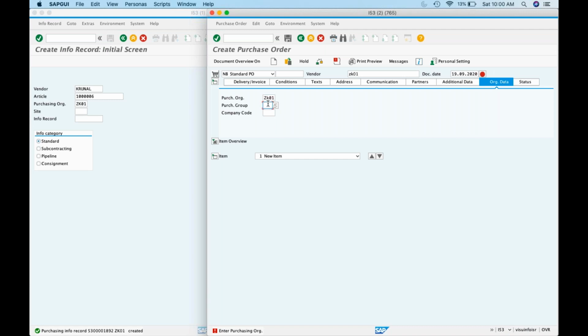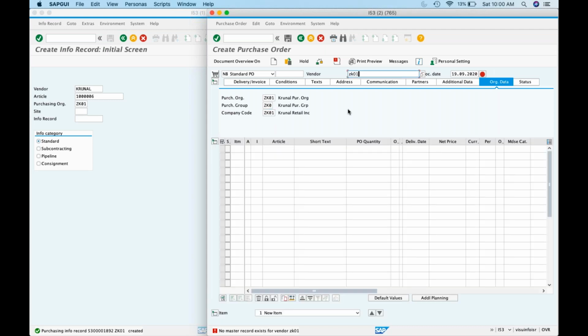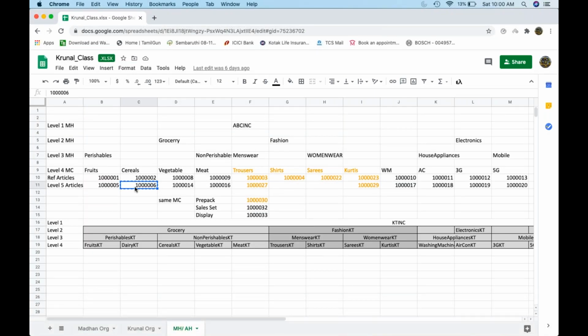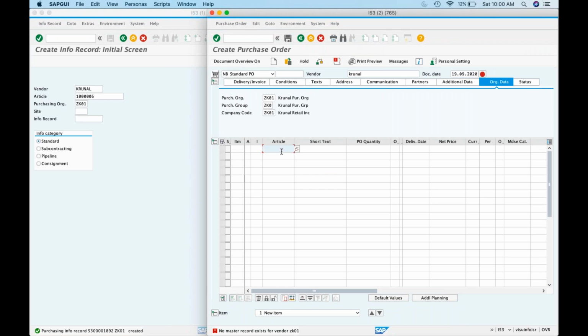K0, K0, K0. 5, 6, 14, correct? 5, 6, PO quantity 100.